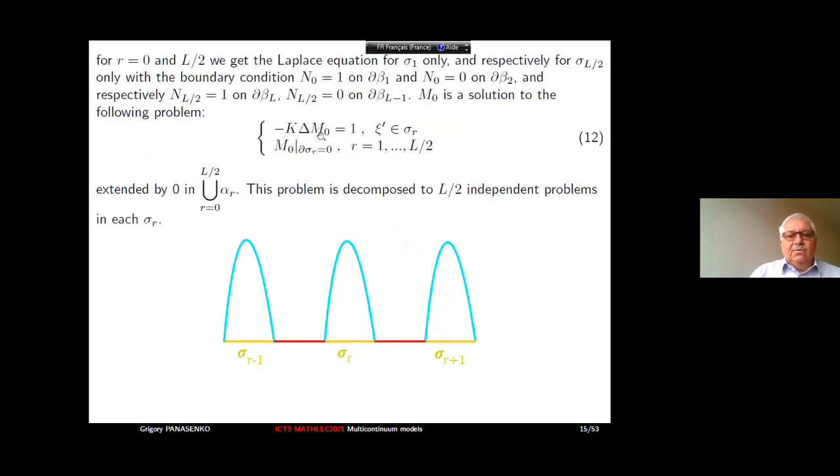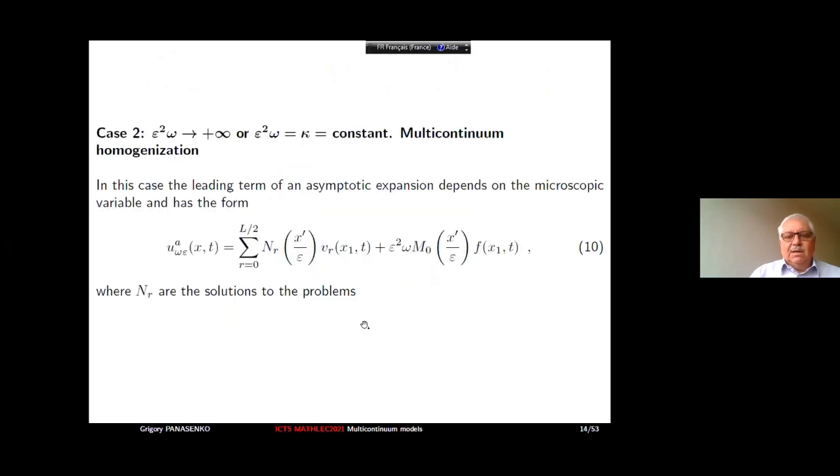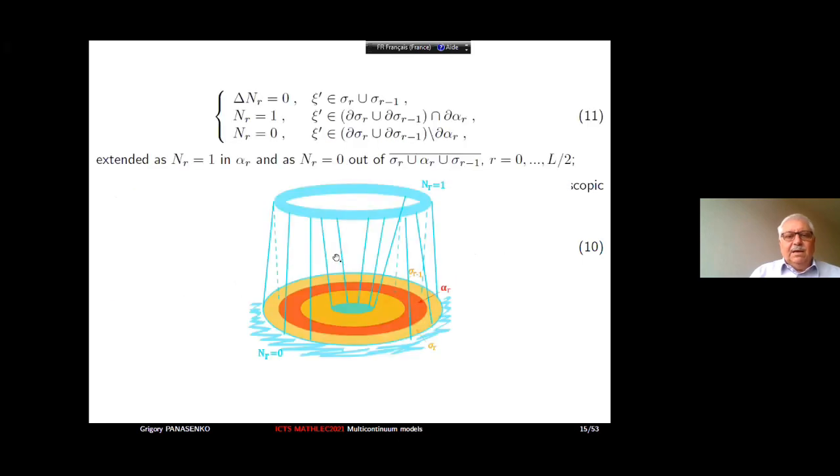The m0 function is the solution of this equation, Poisson equation with the right-hand side, which is equal to 1, and with Dirichlet condition at every yellow ring. So its profile looks like this. And so we have described the coefficients Nr and m0. m0 is multiplied by the right-hand side, and Nr is multiplied by Vr, and Vr